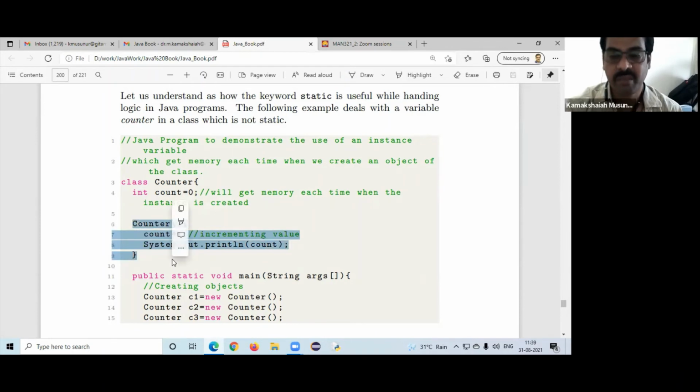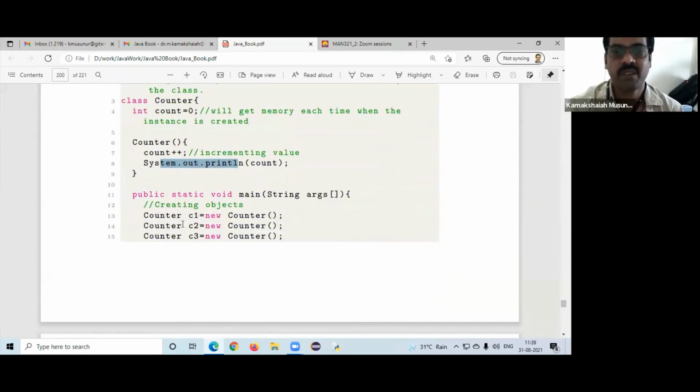This is a constructor. This is not a method. Please be cautious. The constructor's name is the same as the class name. We already had this discussion about constructors in one of the classes. So in this constructor, there is a logic that takes this variable count and increments it. Now let's say for example, we create 3 different instance objects of this class,